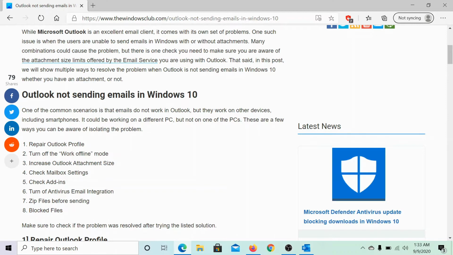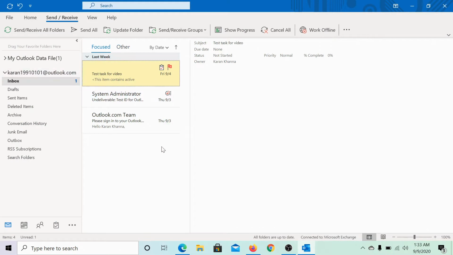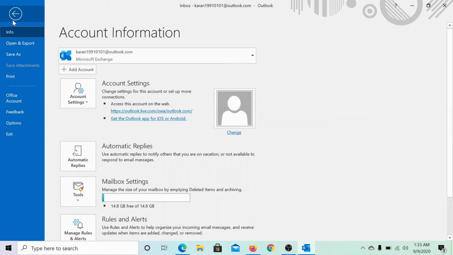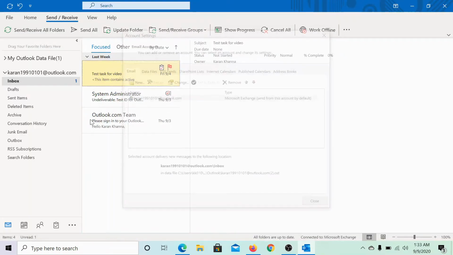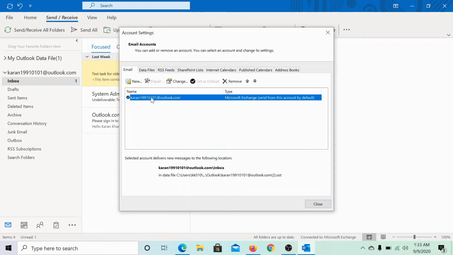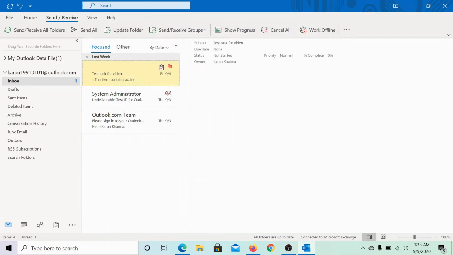The first option is to repair the Outlook profile. How do we do that? This is the Outlook profile. Here's how we can check it. Click on File. In the Info tab, click on Account Settings, and then from the drop-down menu, click on Account Settings once again. Select the profile in discussion and click on Repair, which is the second option in the list. Then hit Close. Restart your Outlook and it would build the new profile.